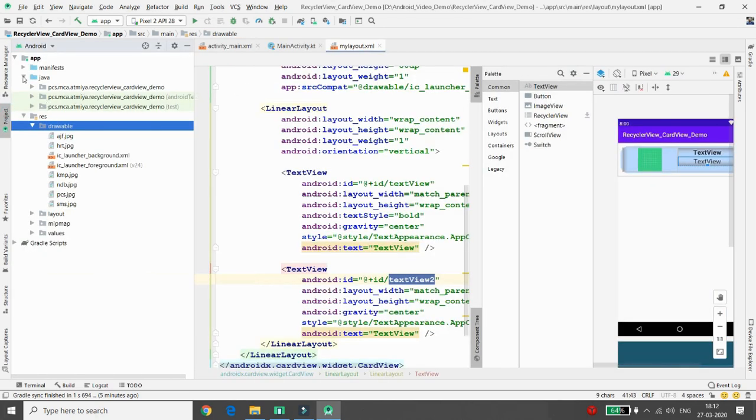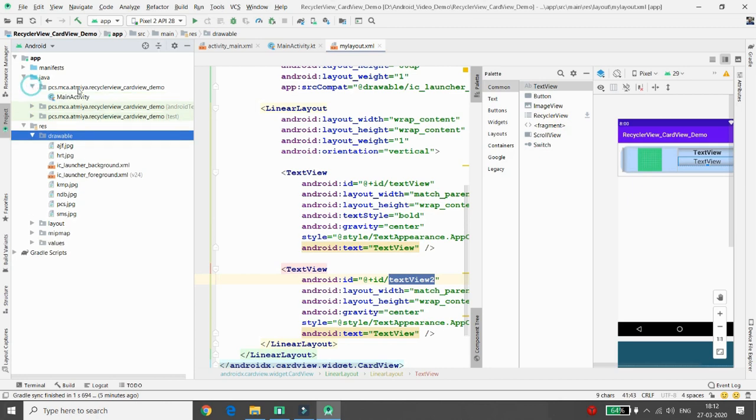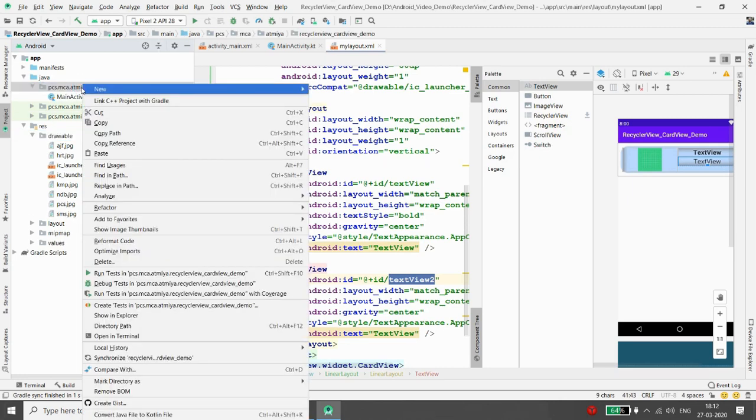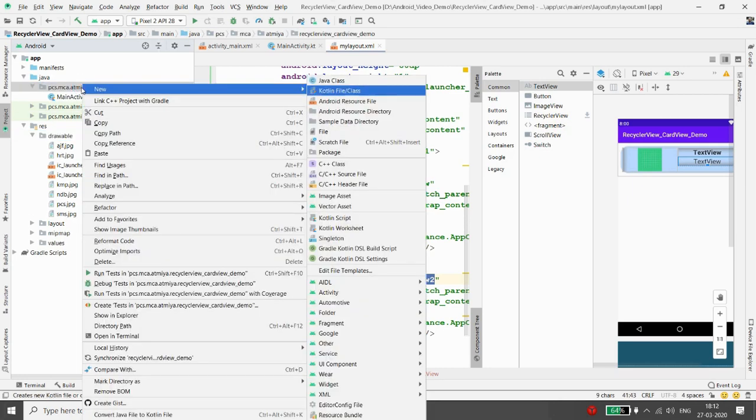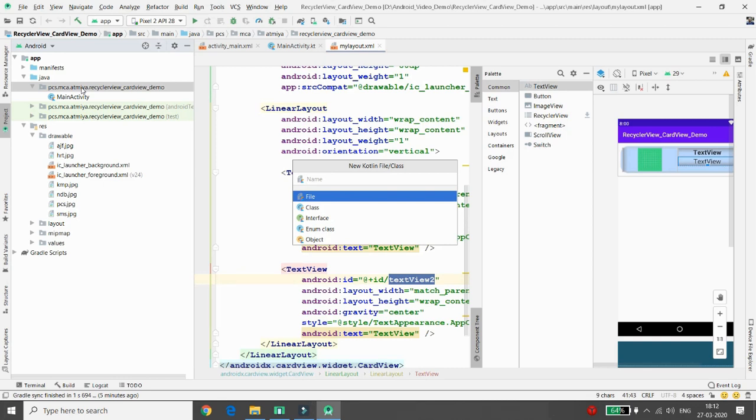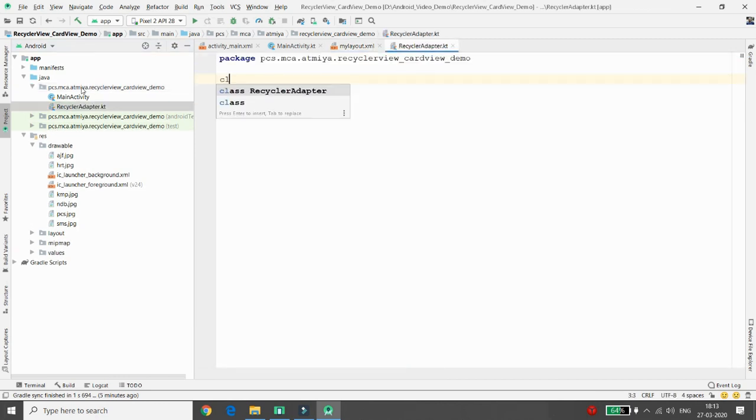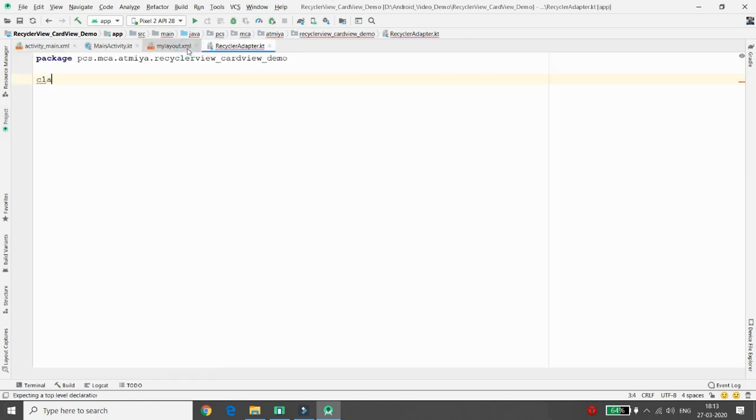So here in Java package, you can just right click over here, new, and you can take the Kotlin file. Here in Kotlin file, you can give the name of your Kotlin file. Suppose I am writing here recycler adapter. So you need to create the class first. Create the class recycler adapter, which extends from RecyclerView,